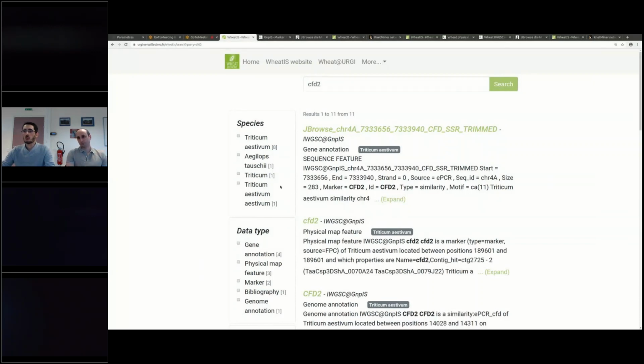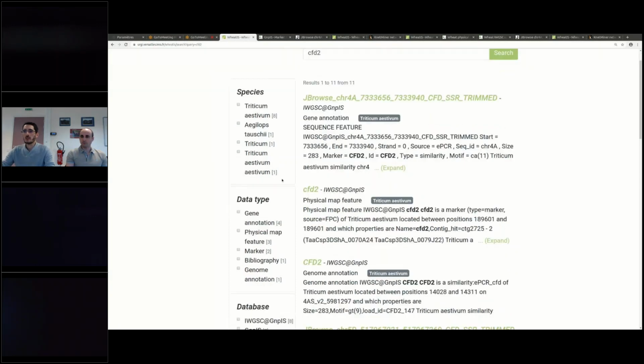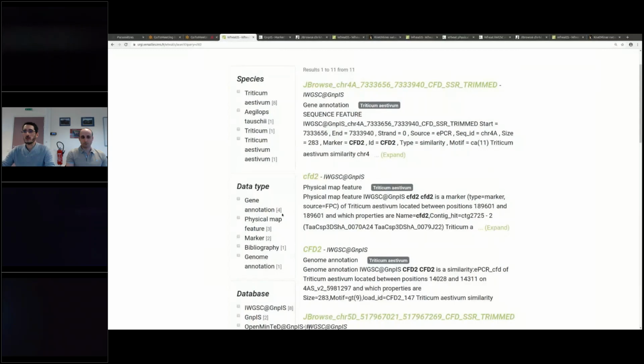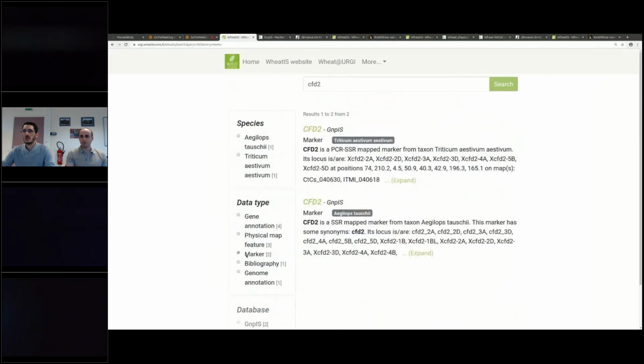There is no constraint on the species field, but we try to have the same logic between data providers, but there is still work to do. We can also restrict on data type. So if we want to look at markers, for instance, I click on markers here, and the results part is directly updated to have only marker type data. So if we go to this backlink, we will get to the GNPIS system, for instance, which